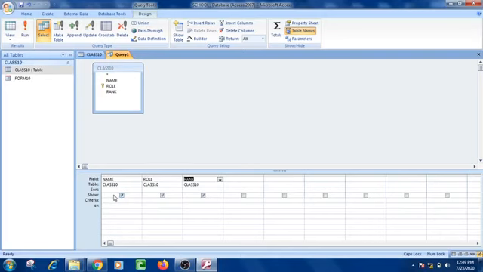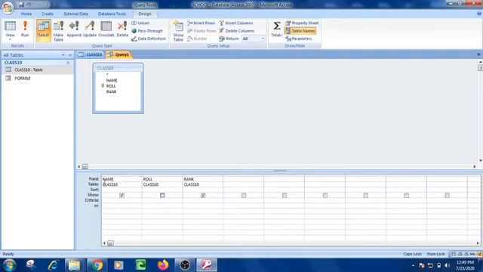This row displays the check marks. The fields that contain the check marks display the information when the query is run. Suppose I have unchecked the roll field, then what will happen? While running the query, the roll field will not be displayed.